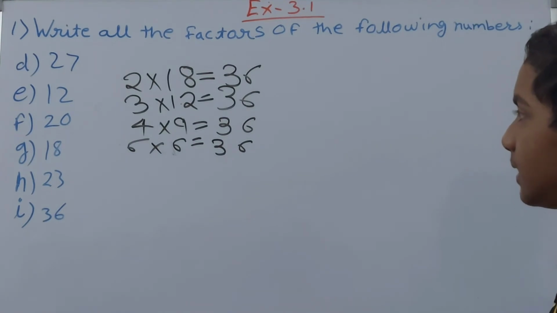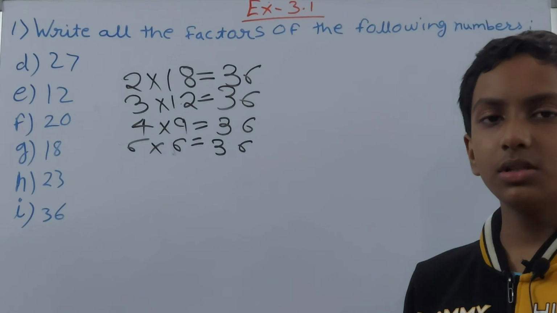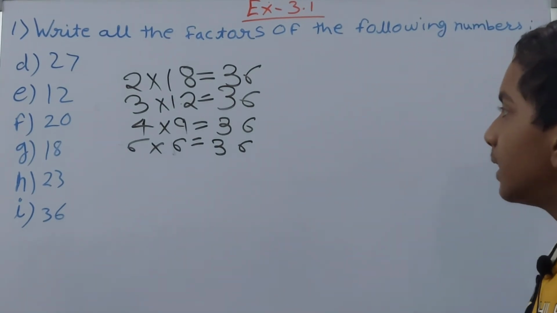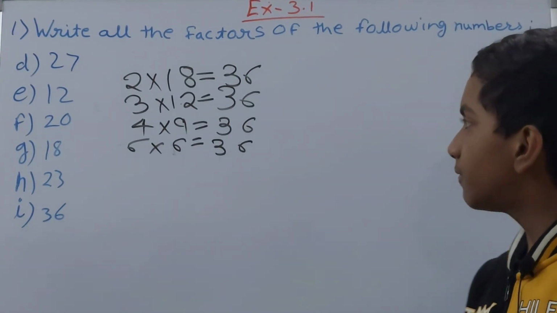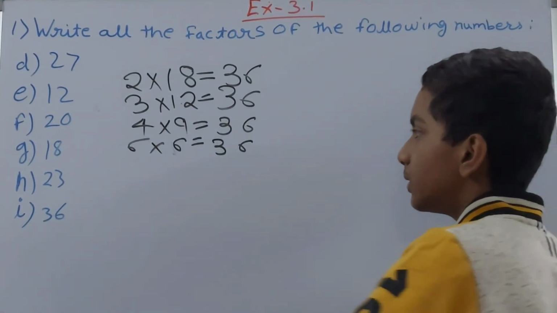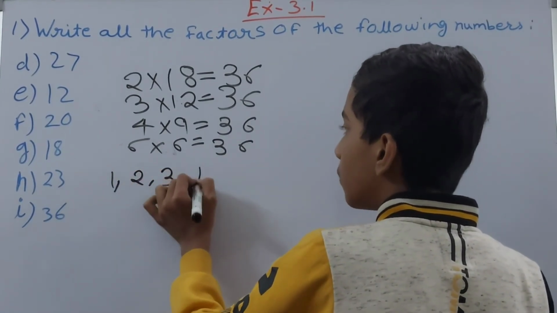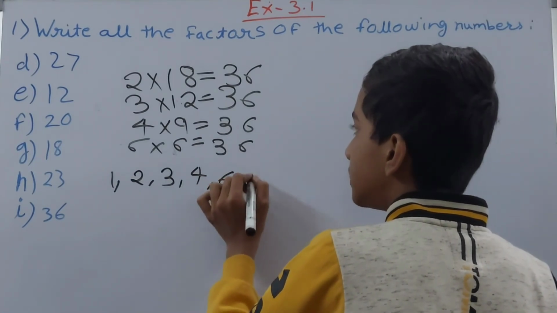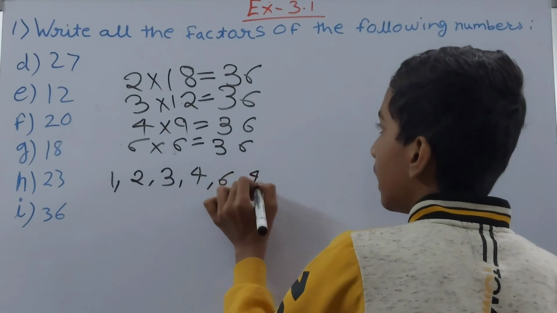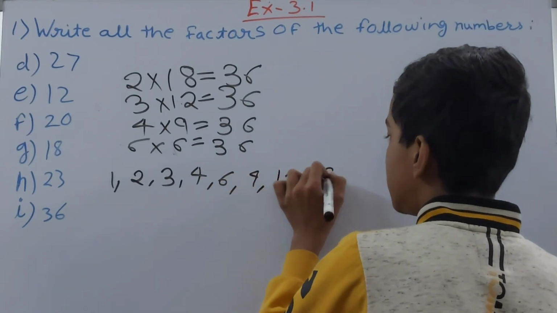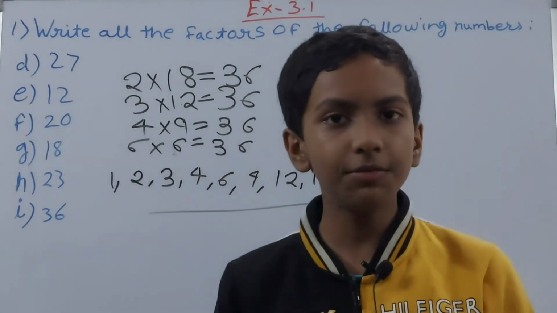Okay, then 8. So 8, if you see, no, it will not divide it. Why? Because it is not coming in the table of 8. 9 is already done over here, so we have to stop here. All the repeating factors are coming, so that means our factors will be 1, 2, 3, 4, 6, and this 6 is here, so you will write it one time only. 9 and 12 and 18, and in the last we will write the number itself, 36. So these are the factors of 36.